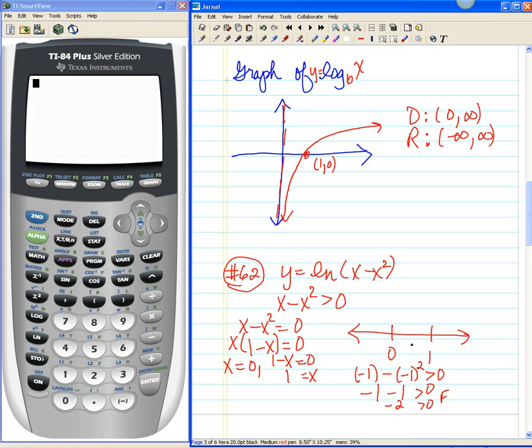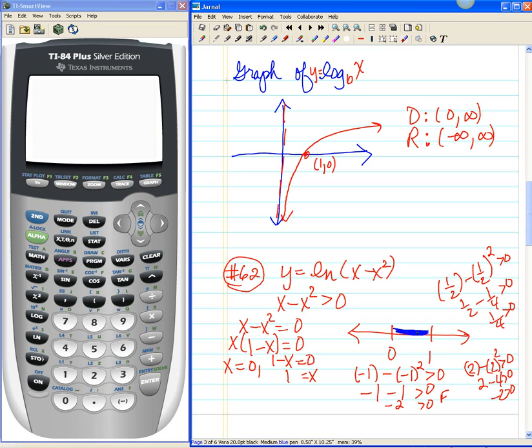If I put in a 2 in my other region, is 2 minus 2 squared greater than 0? No, that's 2 minus 4, which is -2, which is not greater than 0. So if we test in the middle region, we'd have to put in a 1/2. So is 1/2 minus 1/2 squared greater than 0? That'd be 1/2 minus 1/4, and 1/2 is 2/4 minus 1/4 is 1/4, which is greater than 0. So that's true